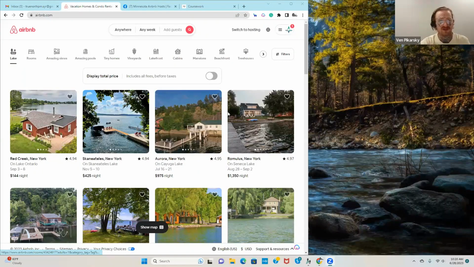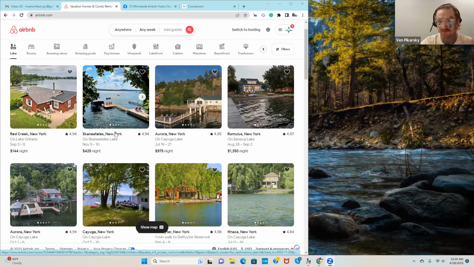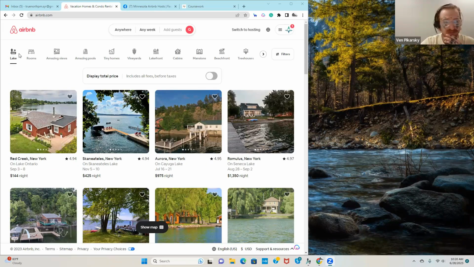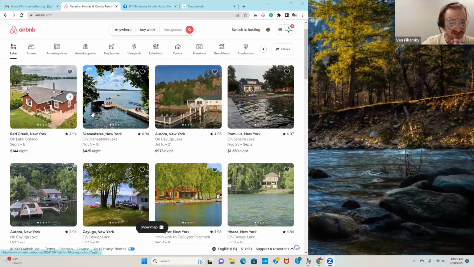All right, hopefully everybody can see this. The cool part about this is we are from upstate New York, and there's a lot of lakes and a lot of lakefront properties here. And as you can see, Airbnb is starting to market unique attributes and aspects of properties. We have lakes, rooms, amazing views, specifically in the listing description and category section of your listing, which we're going to show you in a later module. This is where you're going to differentiate and categorize your property if you get something of this nature, first and foremost. So lakes, these properties, as you can see, all have a hero shot,